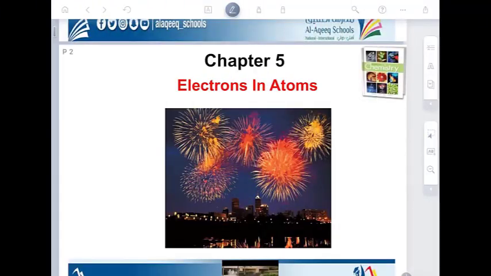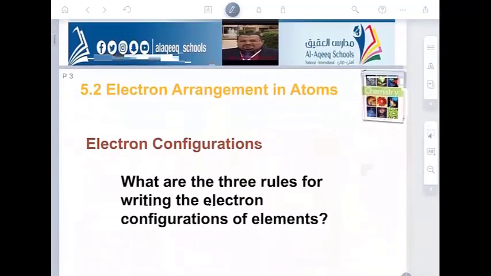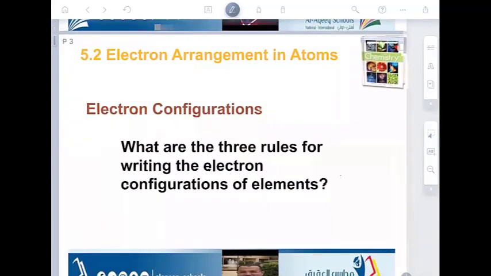Now we are going to start lesson 2, which is electron arrangement in atoms. We studied in lesson 1 how we deal with electrons while moving around the nucleus, and we got the meaning of electron clouds rather than